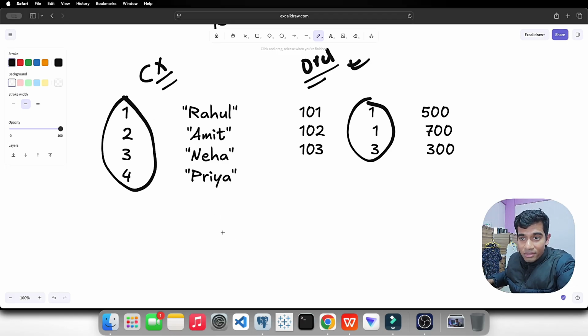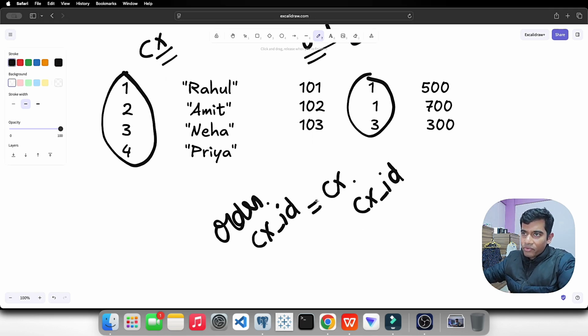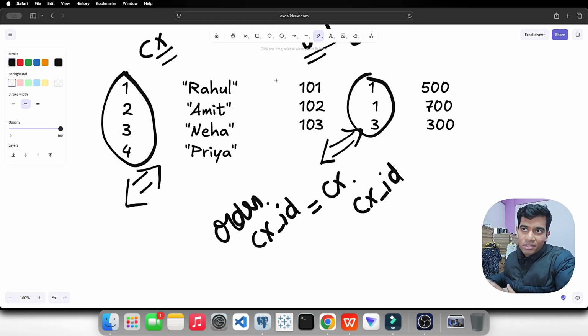But the twist is where orders.customer ID is equal to customer.customer ID. This is what I want to find out. I am telling SQL, from this order table, whatever customer ID is matching with the customer table's customer ID, give me that. Because obviously, if you see in a manual way, I need only those customers who had bought something